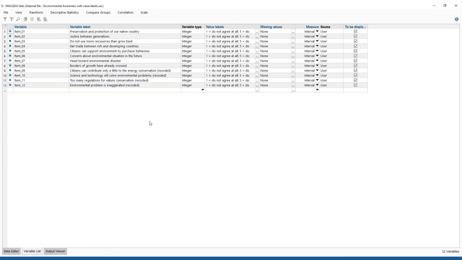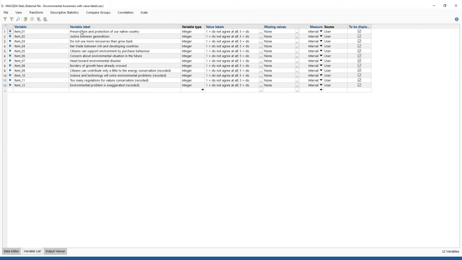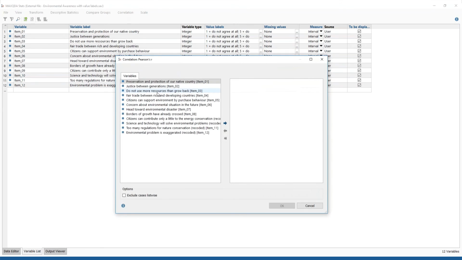And I will open this new data file, which contains 2034 values, and you see here this is an SPSS file about environmental awareness with value labels from 1 to 5. I do not agree at all to I do agree at all. We have 12 items here included in our variable list, and I can start the correlation between, let's say, the first